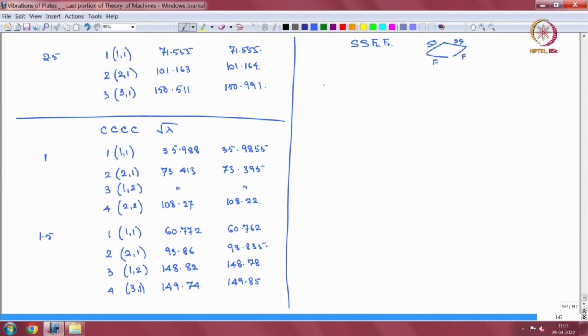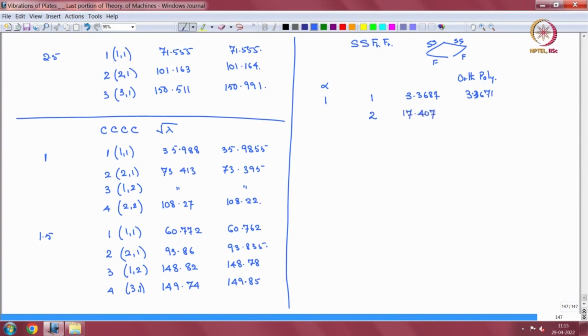So for alpha equal to 1, mode number is 1, quote unquote exact value 3.3687, and the orthogonal polynomial, that is the method of Professor Bhat, 3.3671. The second is